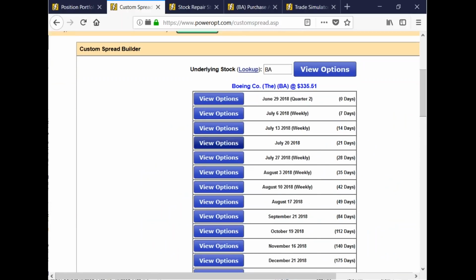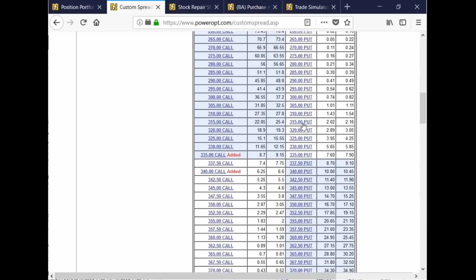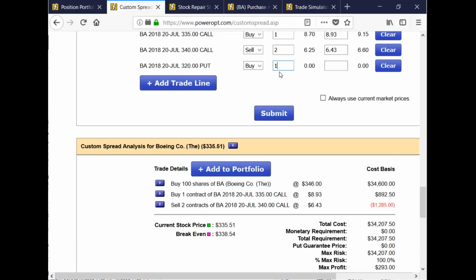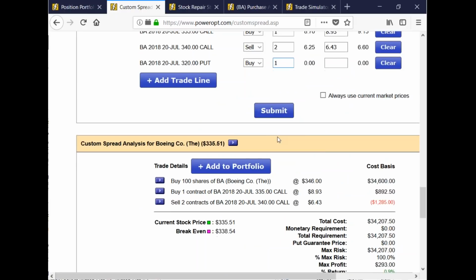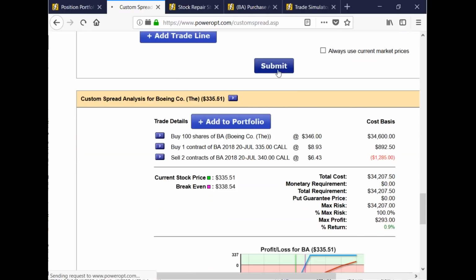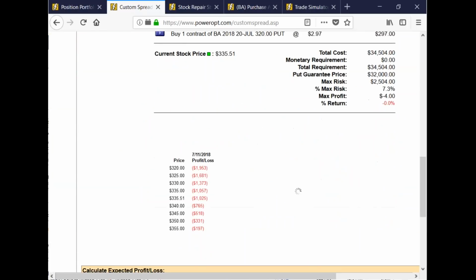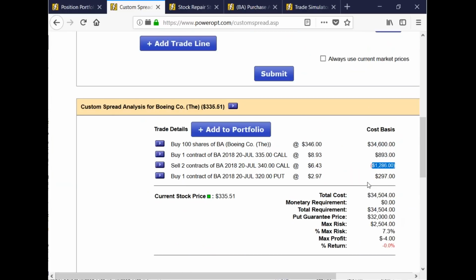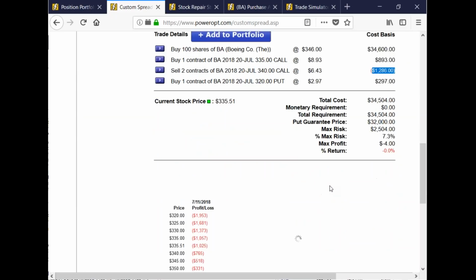So I go to July 20th now, and I've got to find a put that's less than that. Okay, so let's go to 320. So we're going to buy one. We only have to buy one put for the 100 shares at this point with the stock repair in place to protect the downside. This is a ratio spread with a collar. What happens? I take out the profit. Okay, it's a wash. The max profit is a wash at this point because of the cost. So now I'd have to go back in and get a different cost basis for this trade. I'd have to find something else in order to make this work right on my trade.